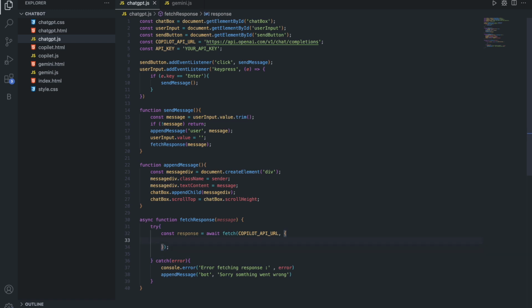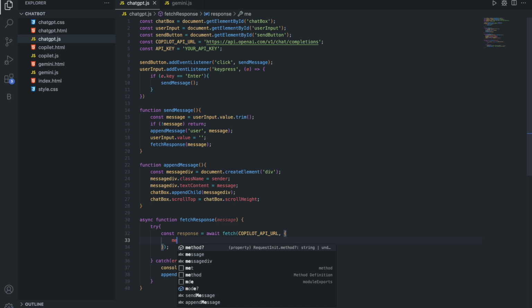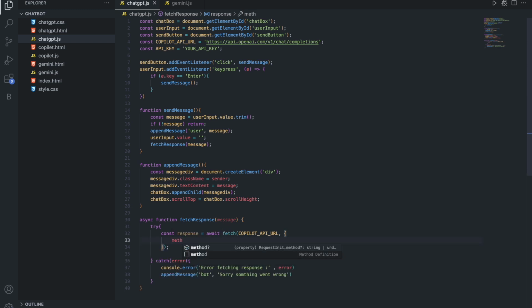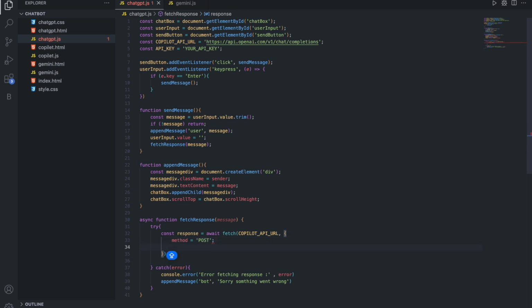Finish. Here we want one method, post. Method equals post, and